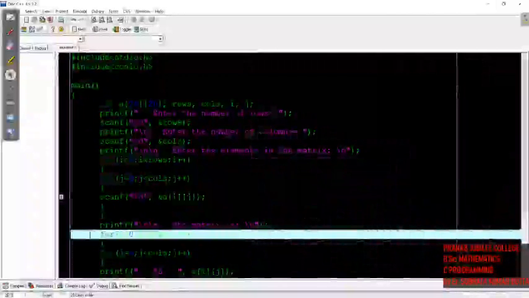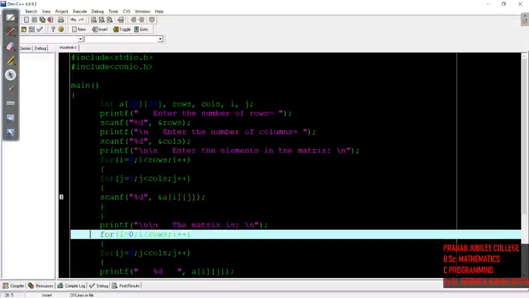Hello students. So in our last video we have discussed how to give input in a matrix, or you can say a two-dimensional array. We have discussed it theoretically in our last video. If you have not seen it yet, go to my link that I will give above. So in this video we will see the programming, or how we do that in programming.